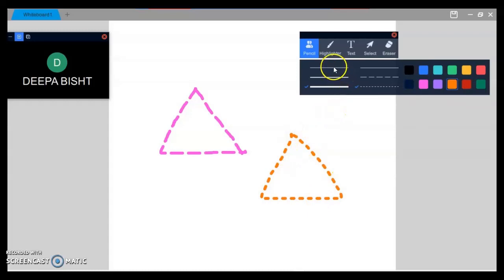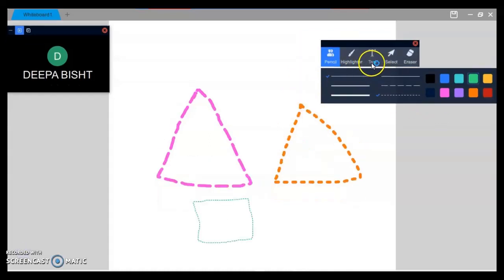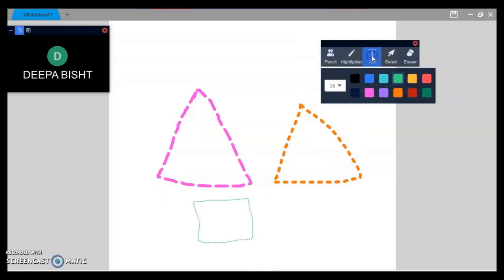And now if I want to keep a smallest one along with this color pattern, then I can use and prepare a draft like this. Okay, and now next is text. Suppose I want to write down something, then I have to click this text, and I can choose from here various font sizes, like from 6 to 16, and by clicking here you'll find a text box, and here we can type